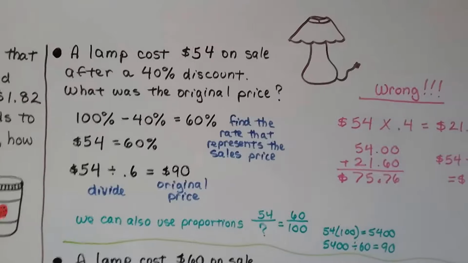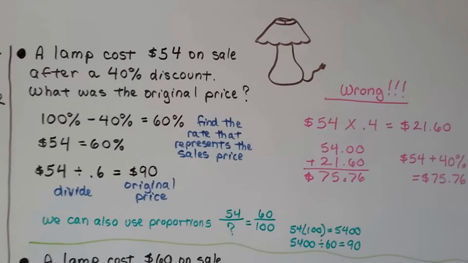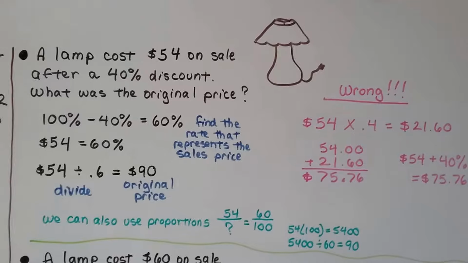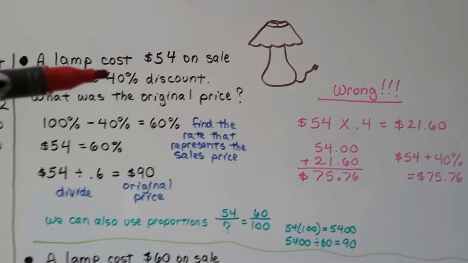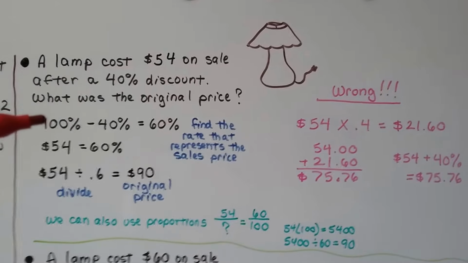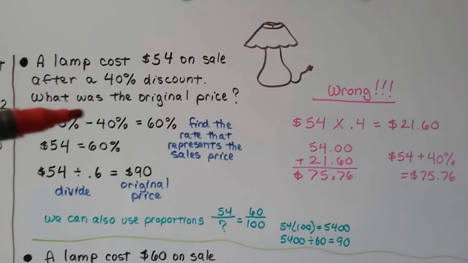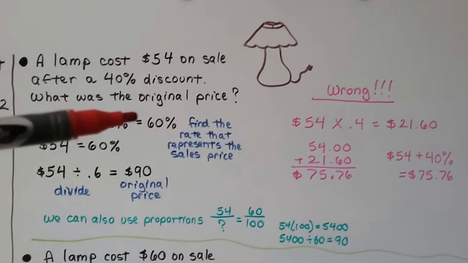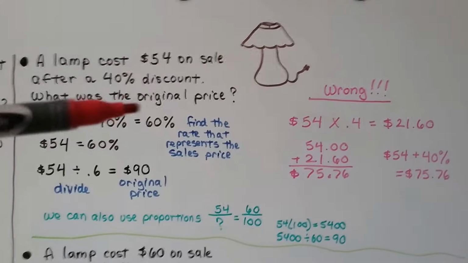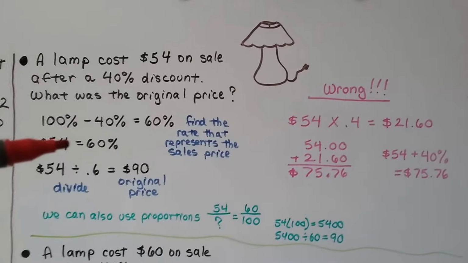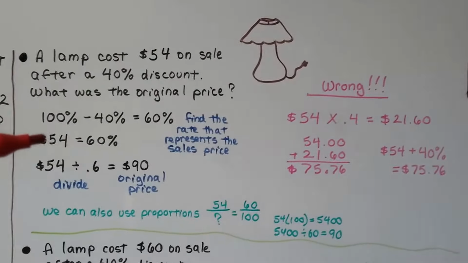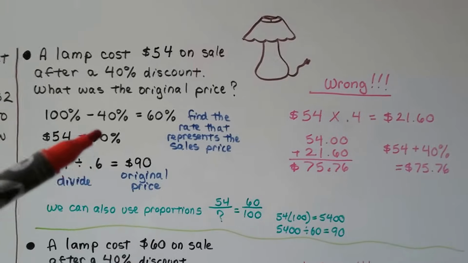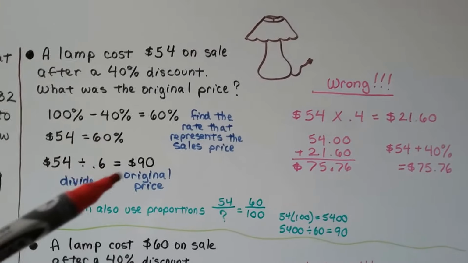A lamp costs $54 on sale after a 40% discount. What was the original price? So if $54 is after a 40% discount, well, 100% was the original price, which is what we need to find, and after taking away 40%, it equaled 60%. That means that $54 is the 60%. We find the rate that represents the sale price. This 60% is $54. We can divide 54 divided by 0.6, that's the 60% as a decimal, to get $90